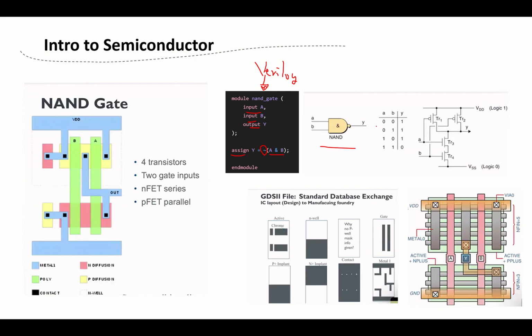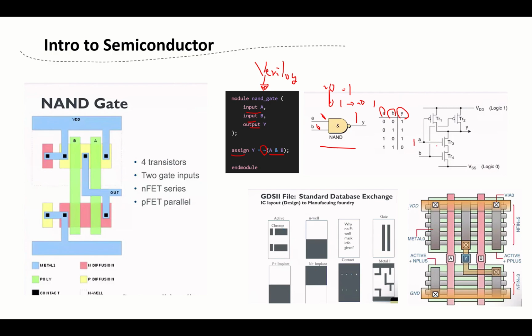We can see from this table we have A, B, and Y. If we give A input 0 and B input 0, we want Y to be 1. Because A AND B equals 0, but we apply a NOT, so it will equal 1. And if A equals 1 and B equals 1, the AND gives 1 and the NOT makes it 0, and so on. So for the MOSFET, for NMOS here, we'll assume if we give it 1, we can turn on the